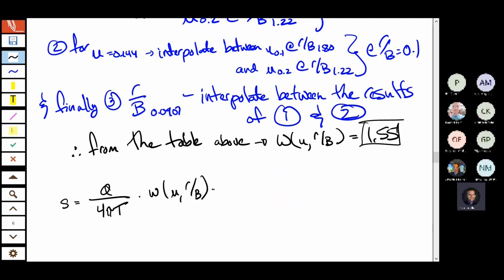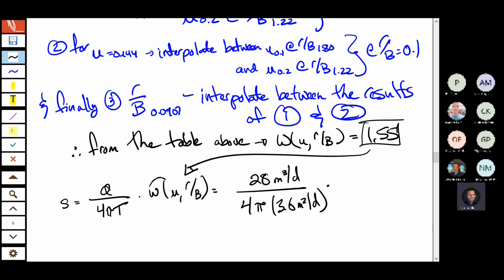So if I put values to that, we were pumping at 28 meters cubed per day, divided by 4 pi times your transmissivity, which was 3.6 meters squared per day. And now this replaces all this, right? All your hard work from your interpolation comes down to this,